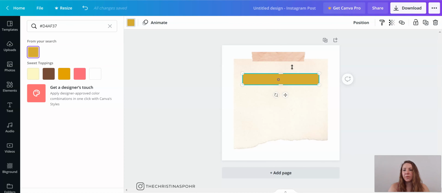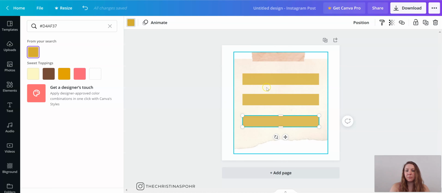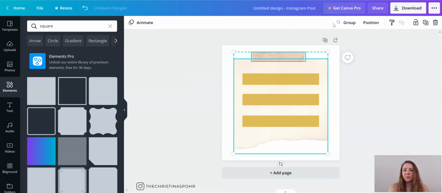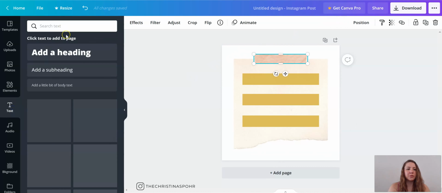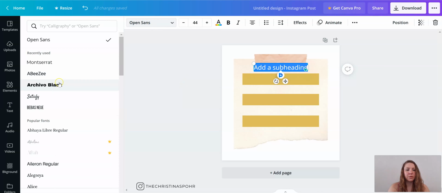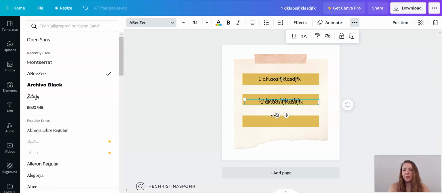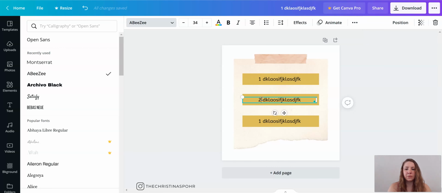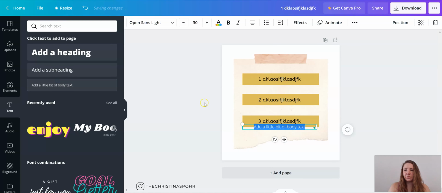So put it in there, but I'm also going to fade it a little bit. I don't want it to be so vibrant, and I'm going to duplicate it. 2, 3. So I'm going to do 3 simple tip posts. I'm going to ungroup this. Then you'll just go into your text, add your text, go to your colors that you want, shrink the size, 1, 2, duplicate, and you just come in at 2 and 3, and then don't forget to do your